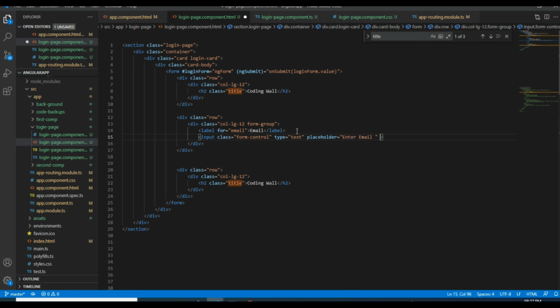Enter email is enough. Now we need to include ng model to bind the data.